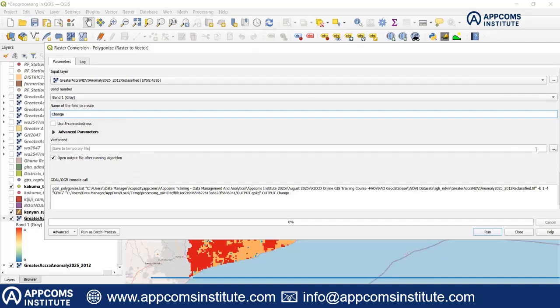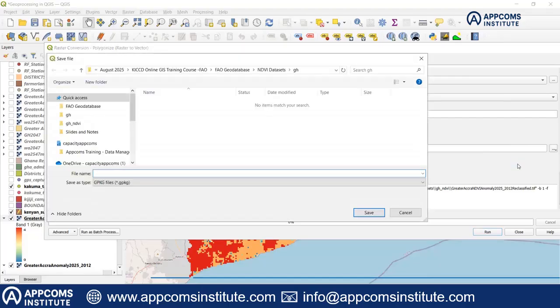Where will I put this vector? I'm going to save it to a file under NDVI datasets. I'll say Ghana, and then